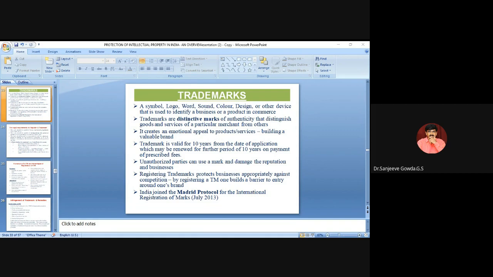If any person who is not authorized to make use of the symbol, logo or any mark which is registered is using the same mark for his own products, definitely it amounts to a direct infringement of the goods. Identical or deceptively similar mark. So, where he is not directly using the same mark on his goods or services,